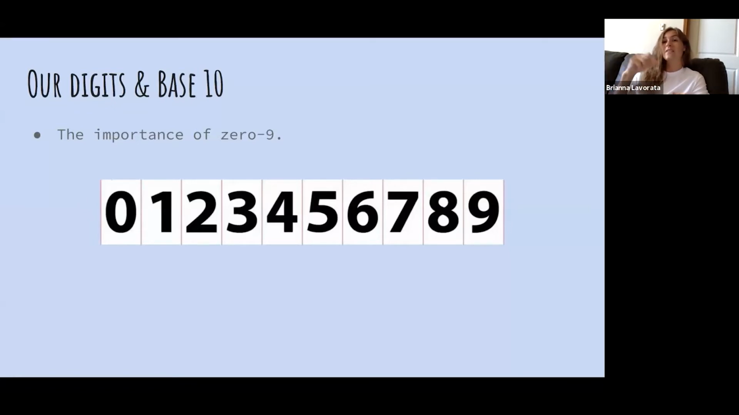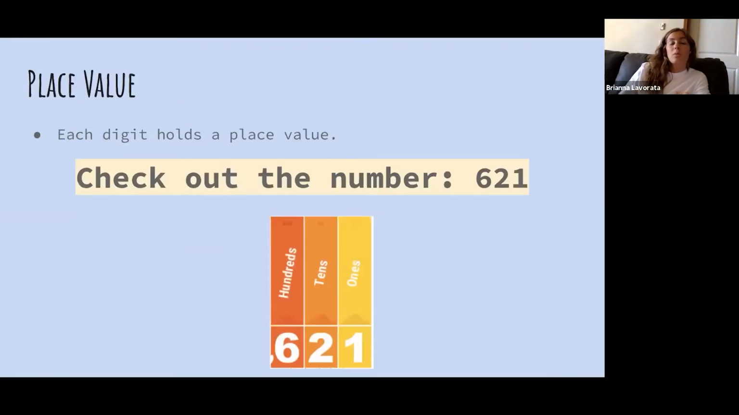It still is a very important number, especially, like I said, when figuring out the place values of each number, because it holds a very important spot, okay? It has a home, and it's just a very important number. So we're going to get started. So check out this number. We have the number